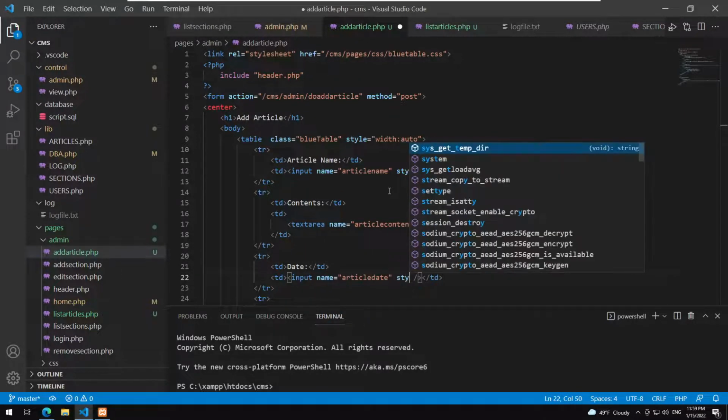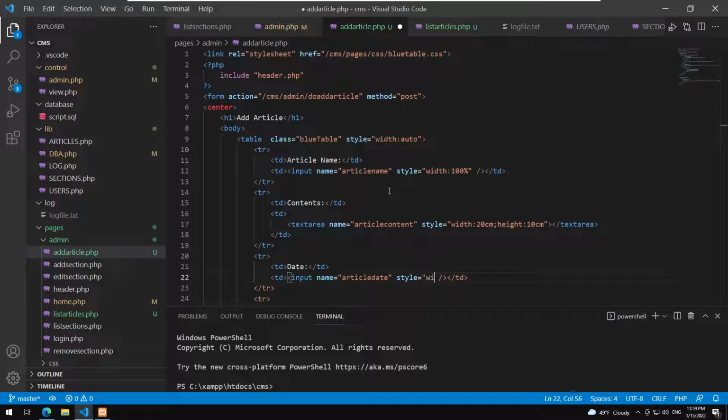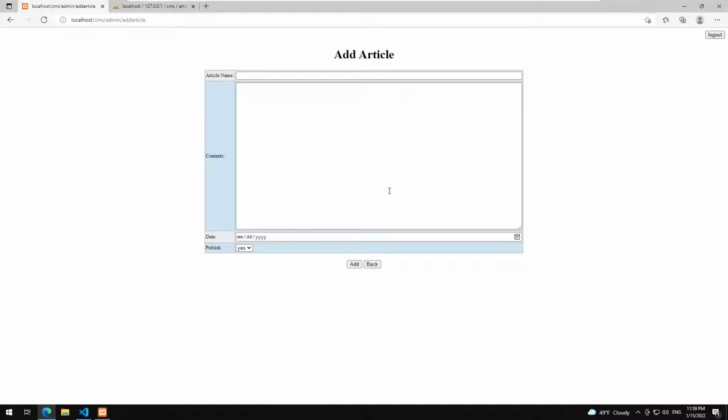Again, style width 100%, type equal date, if I'm not mistaken, and we refresh, and now we get a date time picker, as you can see here. Okay, so it already looks much better. So we write the article name, the article content, whatever we want to, and we specify the date, yes,